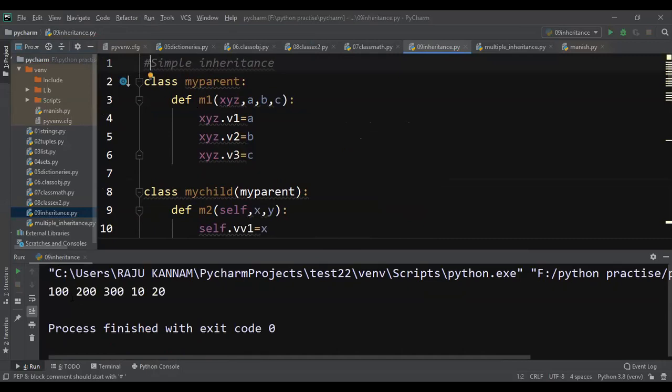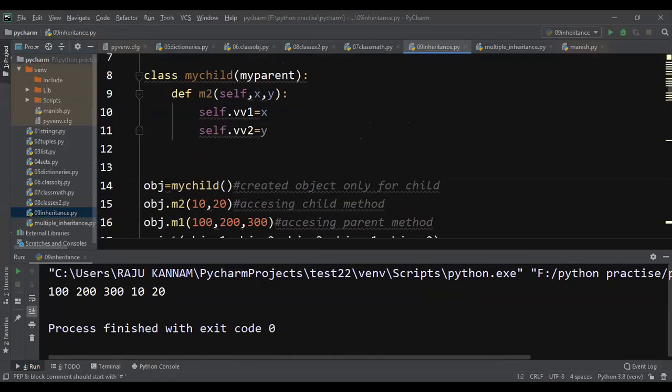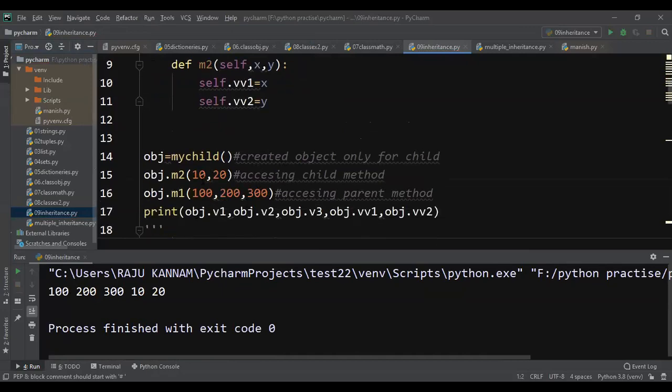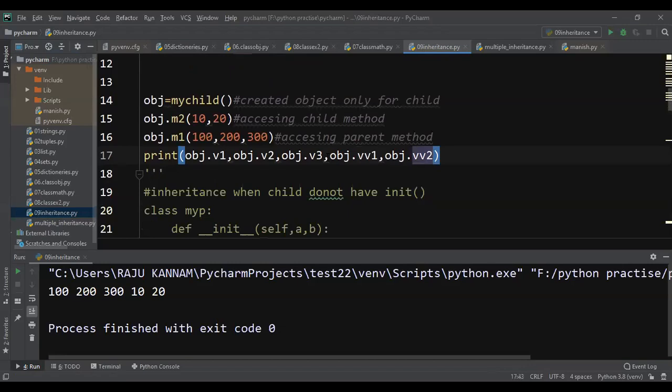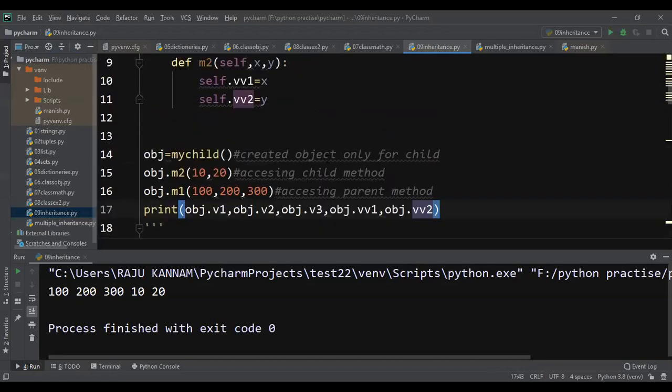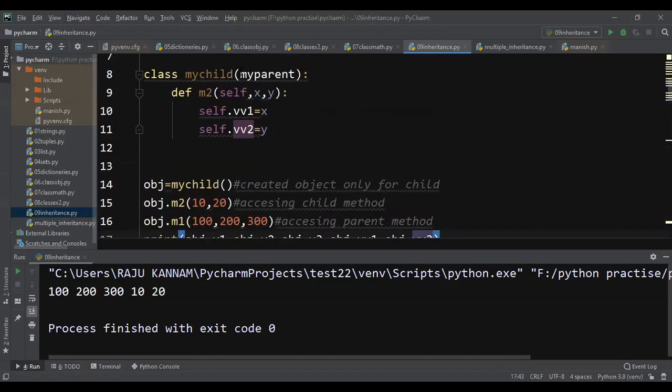Okay, it is printing 100, 300, 100, 200, 300, 10, 20. So v1 value is 100, 200, 300, then vv1 is 10, 20, right? Any doubt here? Now for example, if I remove this,